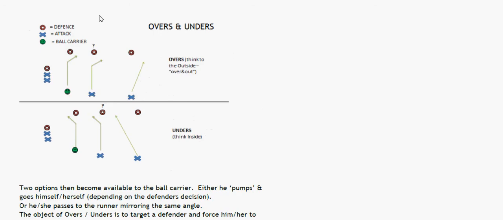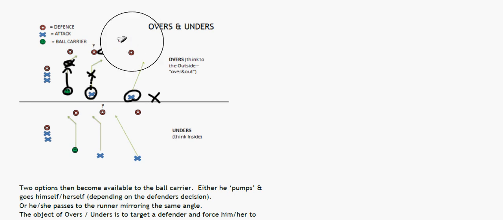Now, one that I really liked was the overs and unders. In the overs and unders, it's a very interesting play. You get your ball carrier to run straight up, and the second receiver does a mimicking run, where they mimic the ball carrier's movements. And what this third player is going to do is space out. If the third player is enabling a bigger gap between these two defenders, then when you call an over last second, what's going to happen is,